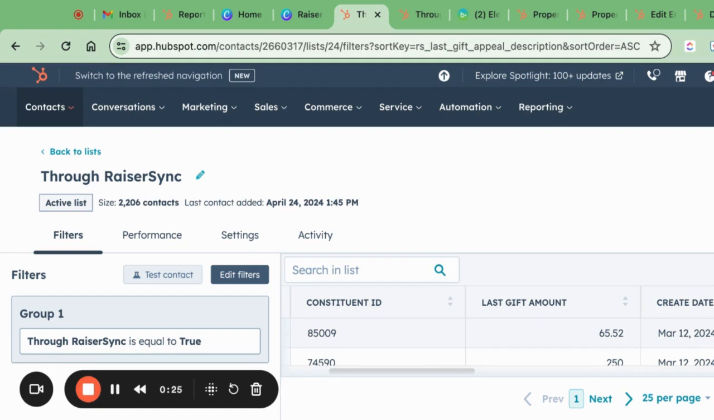And so that's why we're just going to narrow down and focus in on certain information that doesn't give away any privacy. So right here, and you'll see this a couple of times in this demo, I'm showing an active list that has been created in this HubSpot portal for filtering for our field in RaiserSync called through RaiserSync. So setting this filter to true, this list will show you all of the constituents, contacts that have come in over from